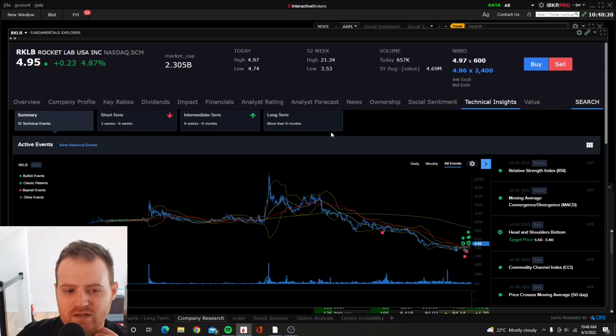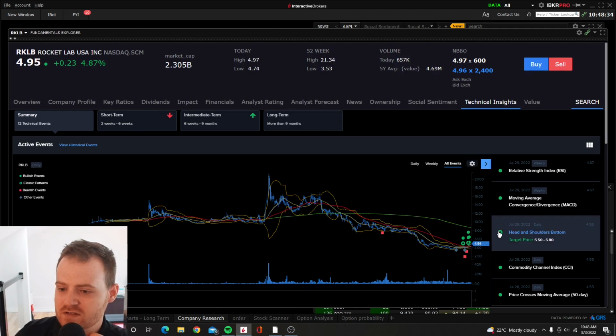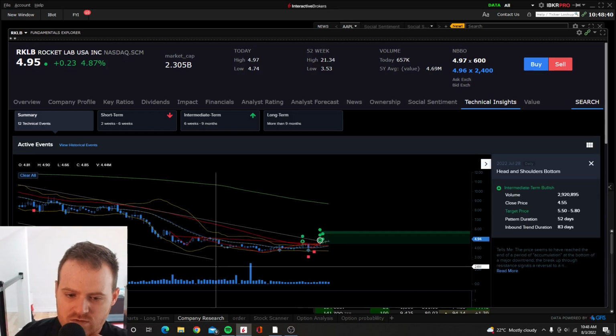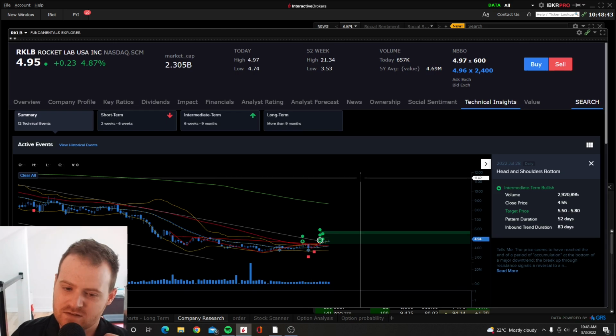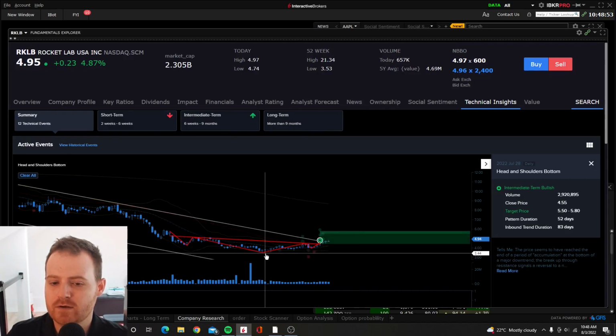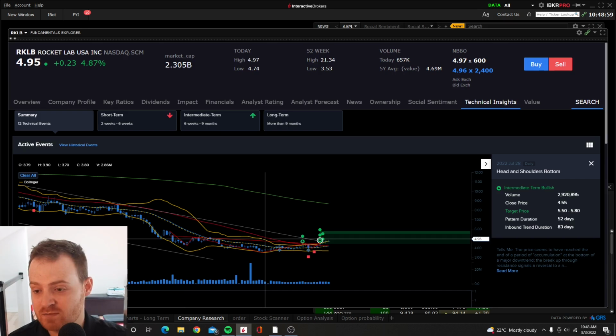So if we're looking at our Rocket Lab stock here, lots of different moving averages, but we do see a head and shoulders bottom, which is interesting. That is over here. We're zooming in now, and a head and shoulders is basically just what it sounds like. So you have two slightly lower dips in the stock and one higher. This is inverted, actually. So this is kind of the head, and we have shoulders,